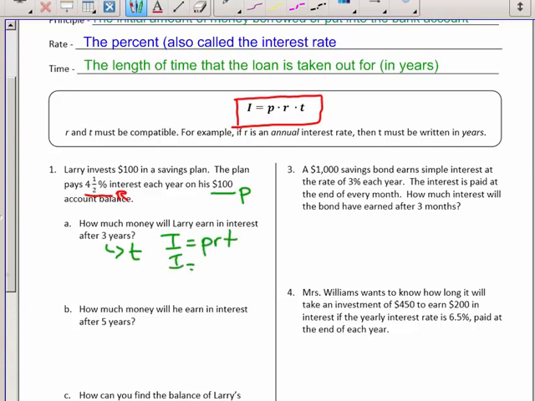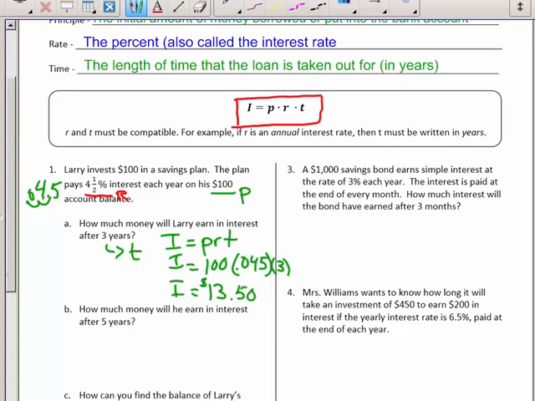We're looking for interest, so we have $100, and just like before, my percent has to be turned into a decimal, so it's 0.045, times 3 years, because you get that interest every single year that the money is in that account. So that will give me